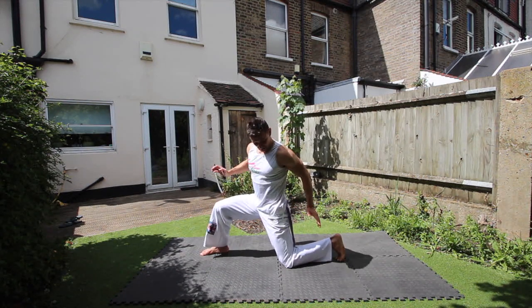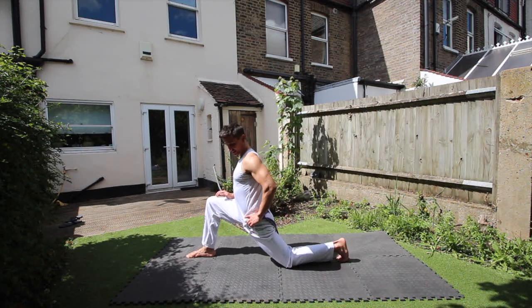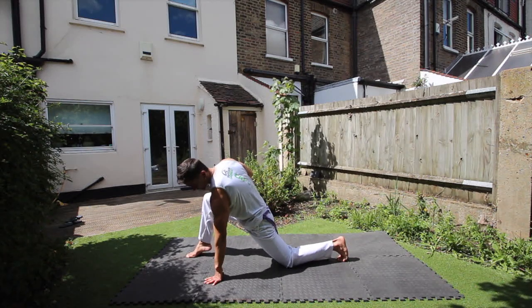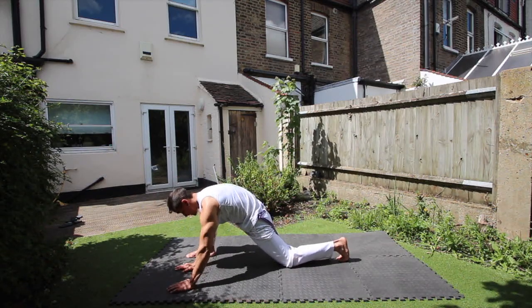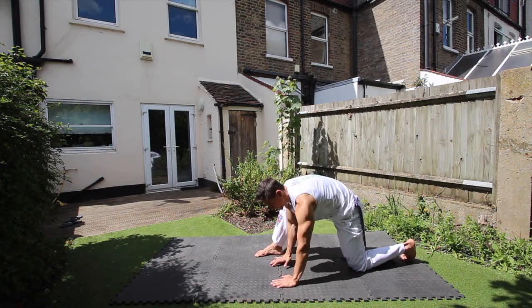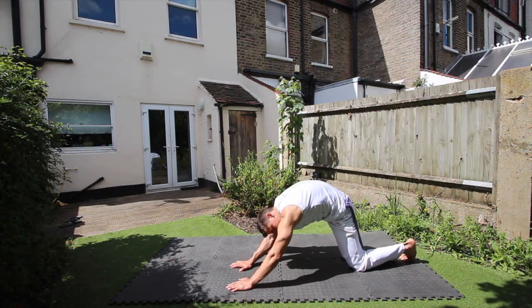Keep your hip straight. You don't want to be on an angle. You can just lean, go as far as you can. When you feel the stretch on the hip flexor there, I'm going to reach for the ground. And as you can see, I'm going to lower myself every time I lift my elbow up. So I'm going to get a bit closer so you can see it. So I lift and then lower myself. Lift